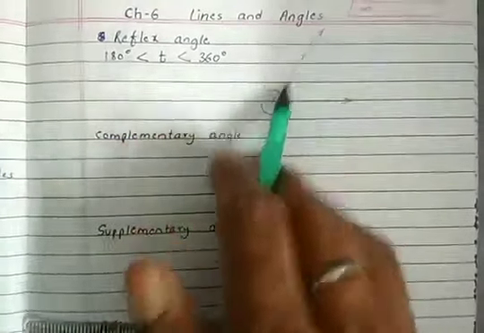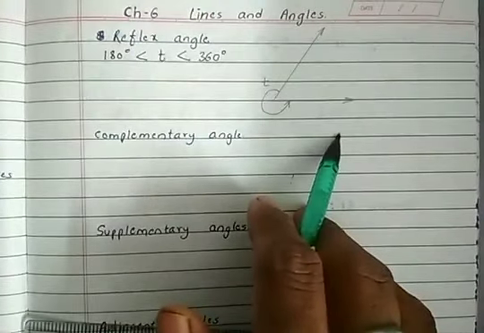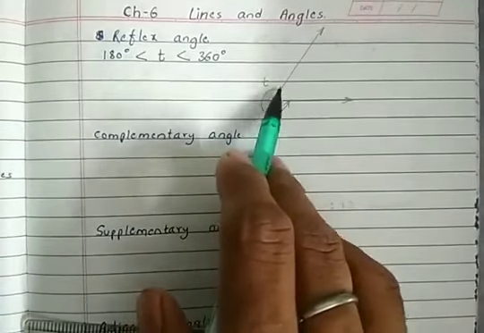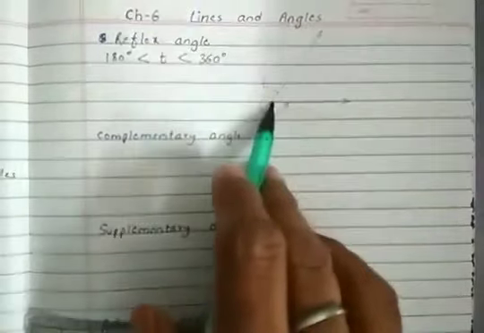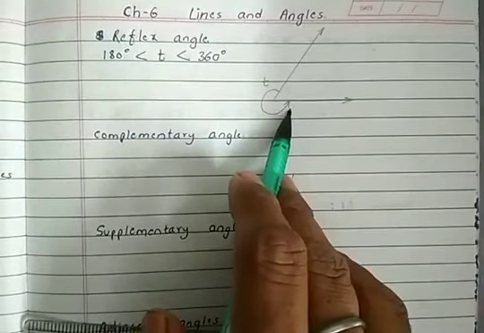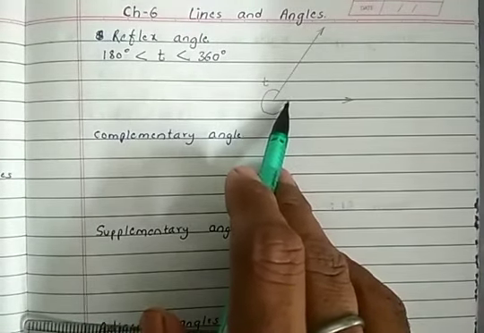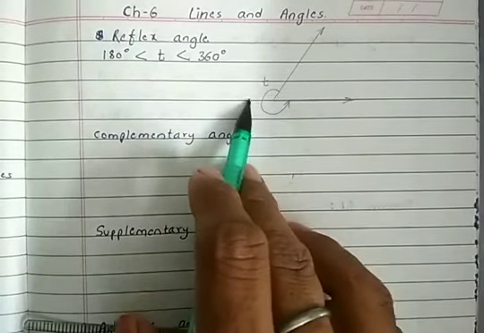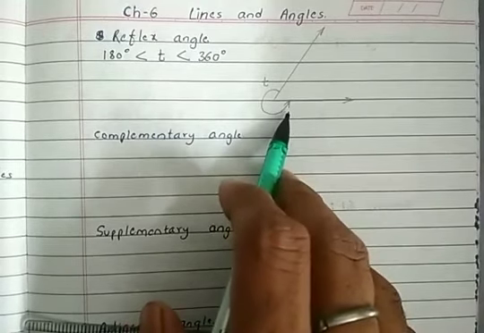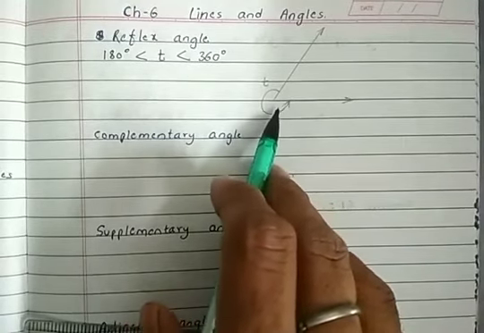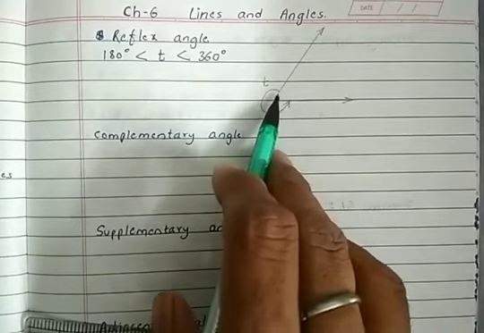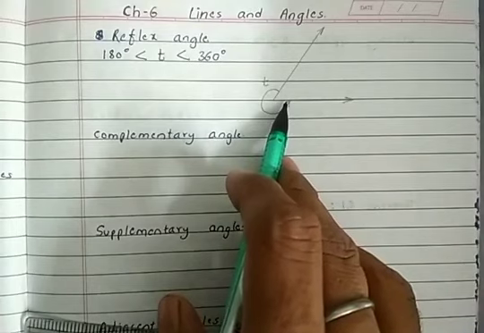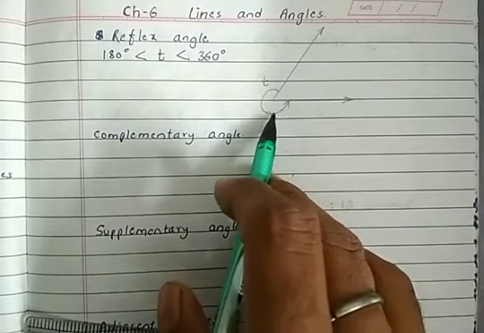You can see this figure. This is the figure of an angle, okay, and if you measure this angle from here with reference to this point, this ray, it is called a reflex angle. The measurement of a reflex angle is greater than 180 degrees, but it is less than 360 degrees. So if you measure from here, it will be greater than 180 but less than 360.